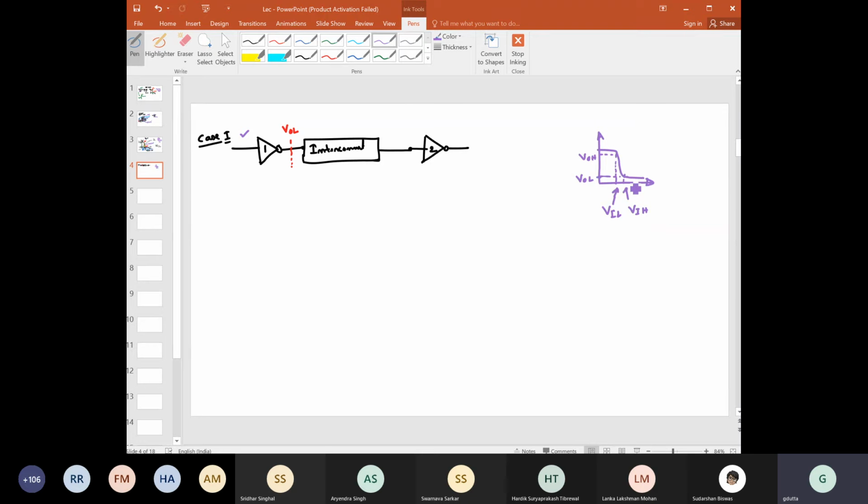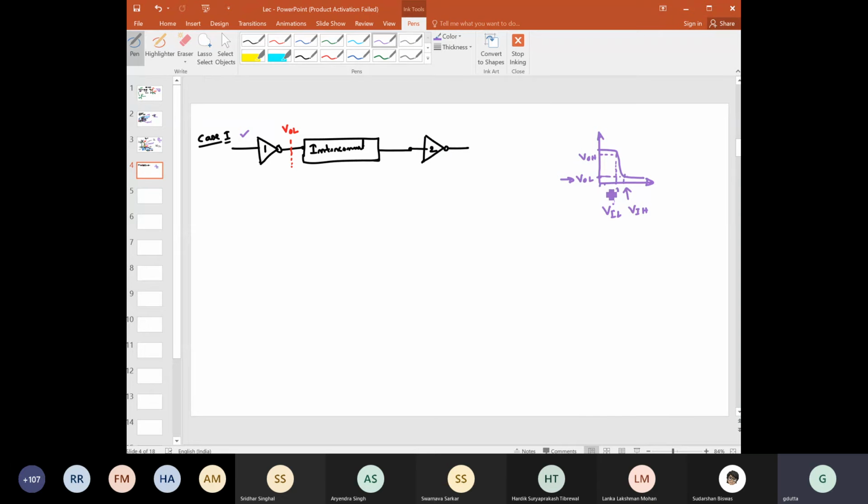It can be below VOL, that is fine. But the maximum output low that is possible is VOL. We are considering the case that we are getting an output after this inverter which is VOL. Then this VOL has to pass through this interconnect, and then it has to go to the input of this inverter 2. Let us say that there is no noise in between, so directly VOL is going. VOL is very low, maybe around 0.2 volt, or 0.3 volt is fine. So 0.2 volt is now the input for the second inverter.